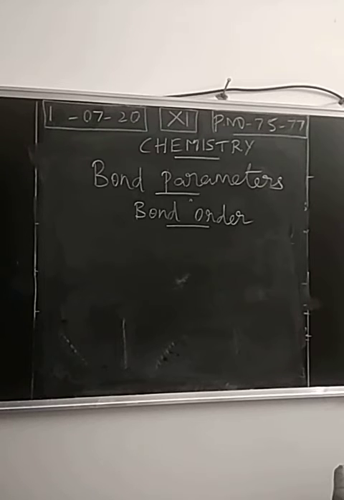So here in covalent bond concept, bond order simply represents how much covalent bond is present between two atoms in a molecule. When you take a molecule, between the two atoms, they are covalently bonded. How much bond is present between two atoms? This is called bond order. According to Lewis concept, the number of shared pairs of electrons present between the atoms in a molecule is called bond order. This is a definition. Okay.